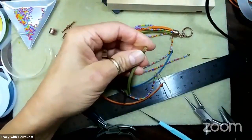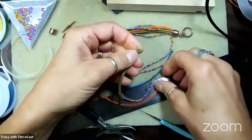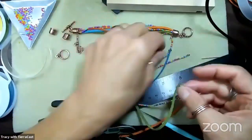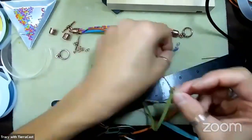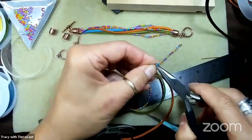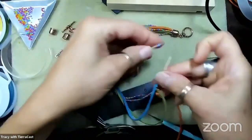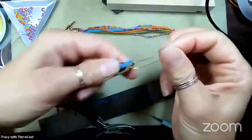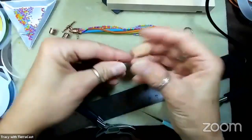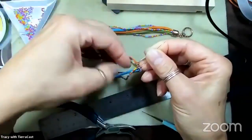Oops, that's a not very well closed jumper. Let me just fix that, even though it's going to be tucked up inside. So I'm alternating suede lace, beaded strand, suede lace, beaded strand, etc. Well, that one's not closed very well either. All right, so I've got all the pieces on there. Before I pull them up in there, I just want to make sure they stay alternated,